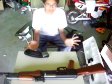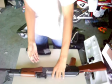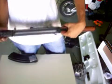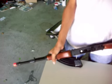We have nothing left to review on this gun, except, before I forget, sling mounts. Here and here. Whenever you get a gun, this applies to all guns in general, look in the mag well for this sticker. QC means quality control. It means they actually tested this gun, made sure that it wasn't